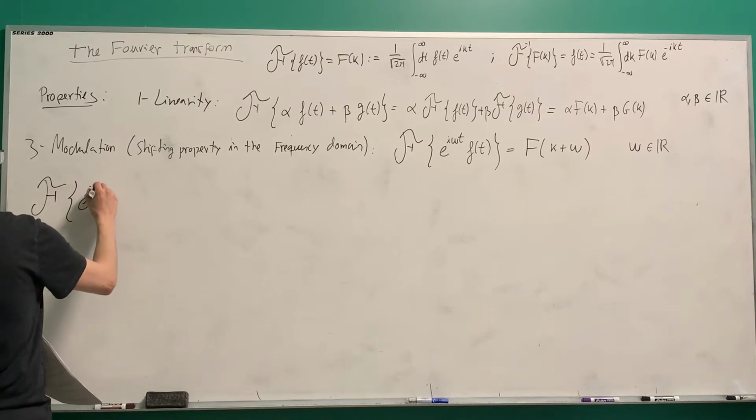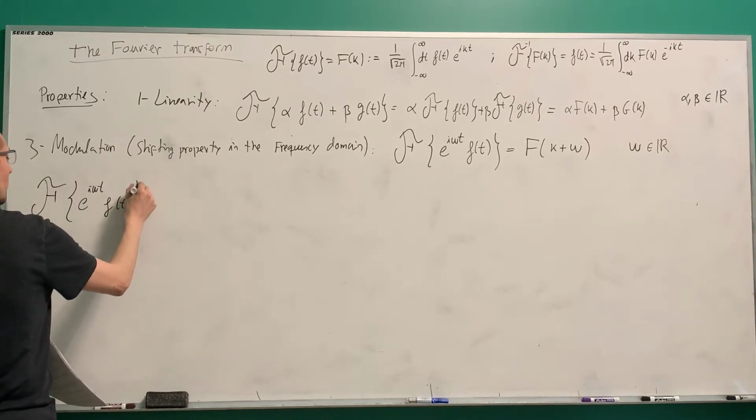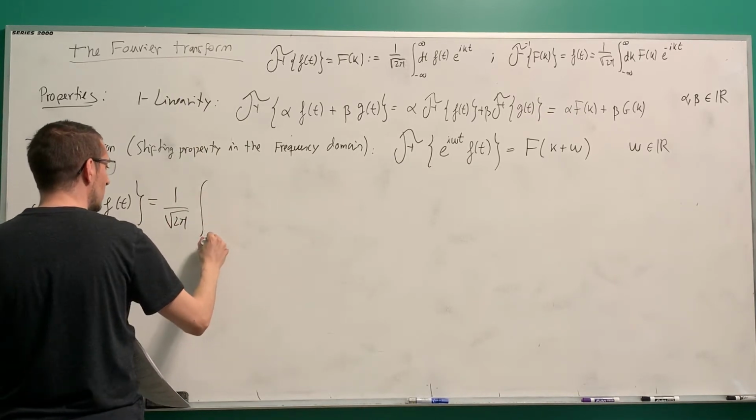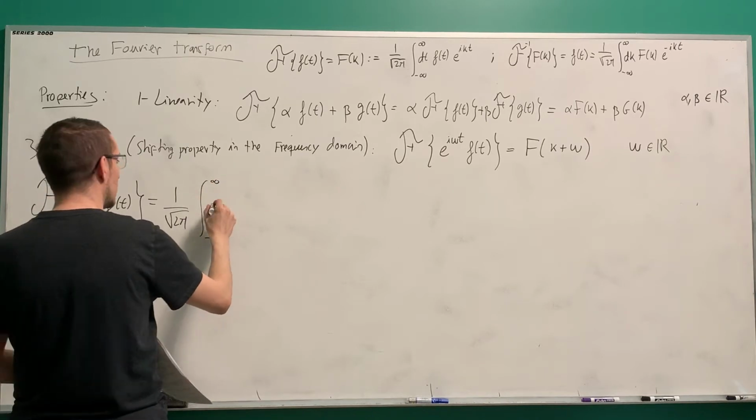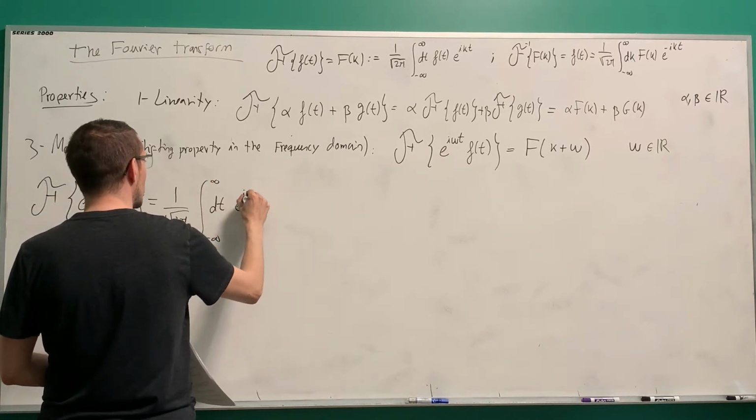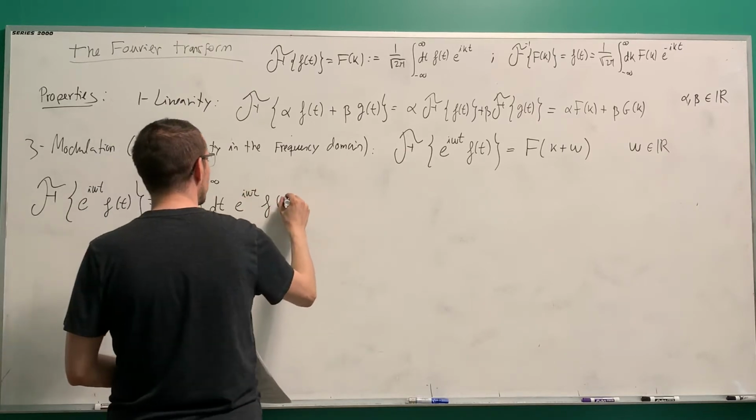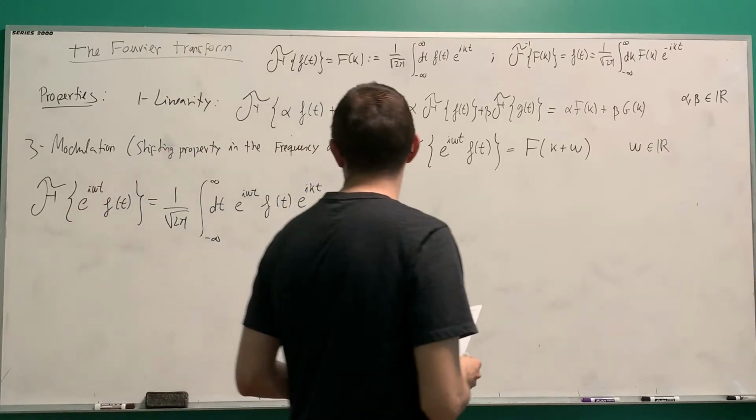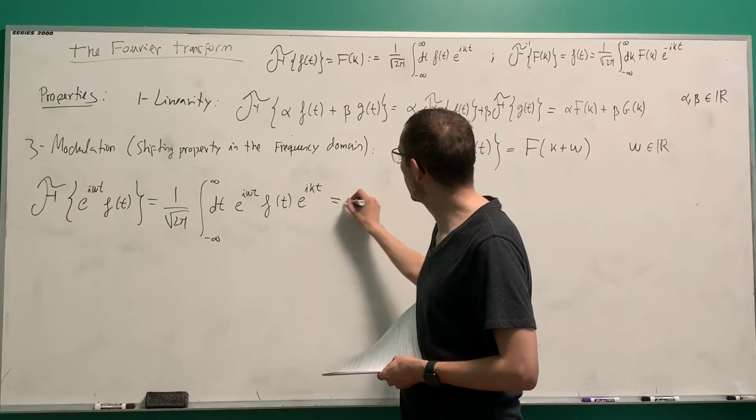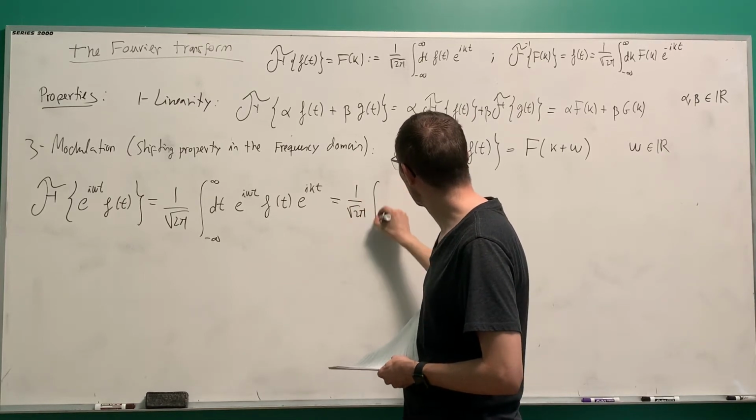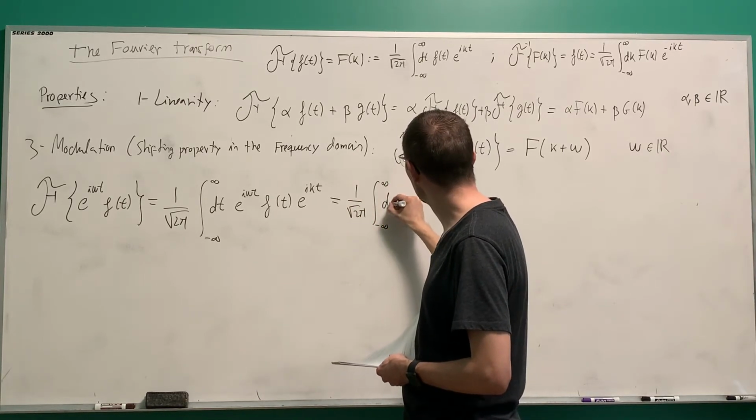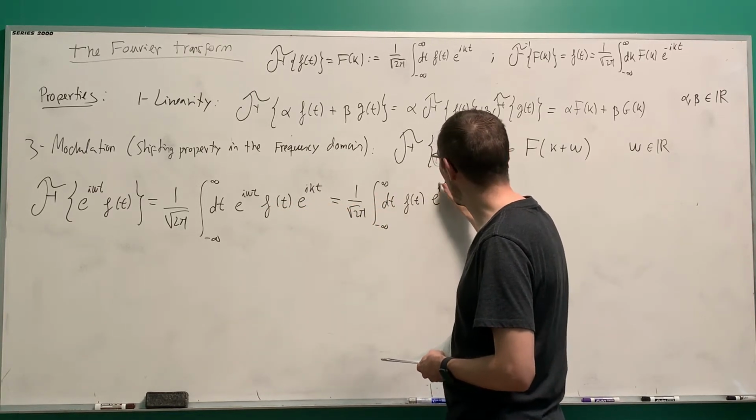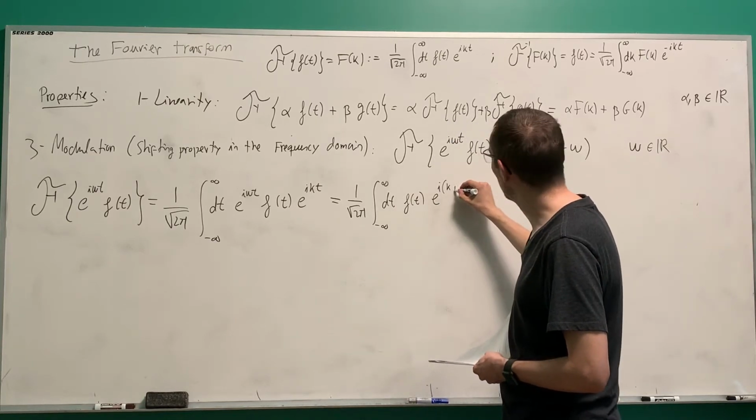All right, e to the i omega t, f of t. Well, let's write the definition. That is 1 over root 2 pi integral from minus infinity to infinity dt e to the i omega t f of t e to the i kt. All right, easy enough. We can rewrite this as follows. Integral from minus infinity to infinity dt, let me put this exponential in here, f of t exponential of i times k plus